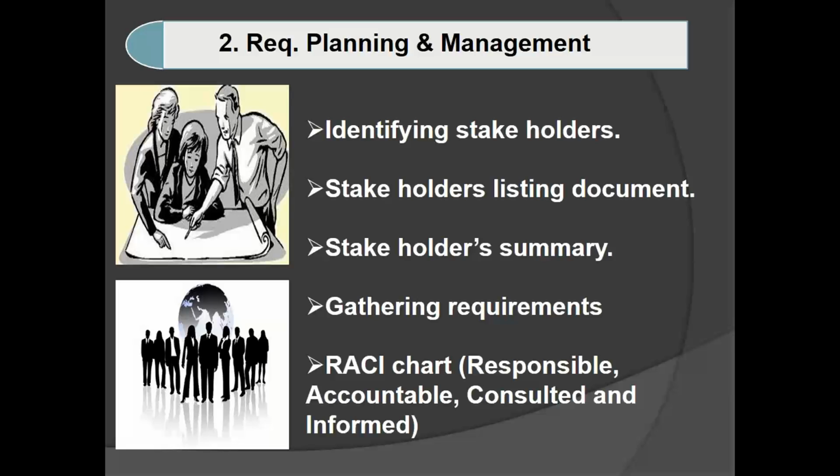knowledge area. And RSEA chart is something which we are going to prepare in an Excel sheet. In one column, we are going to specify who are responsible persons. In the same way, the second column who are accountable, the third who are consulted, and the fourth who are informed. For who are responsible for this project, under that we are going to write the project manager, delivery manager. Whoever is responsible, we are going to write those names. And accountable: whether the accountability goes to the complete team or only the management team or only the technical team, that we are going to specify.